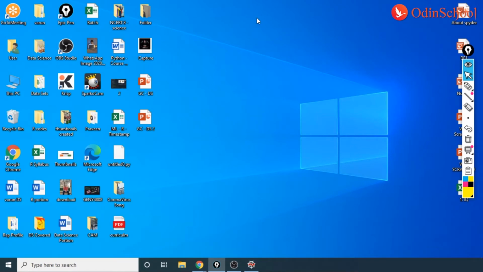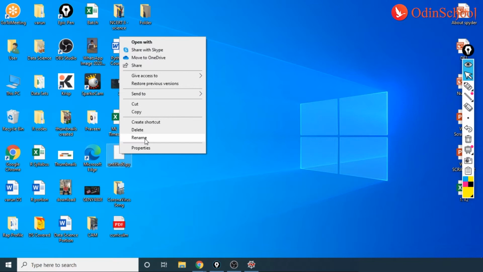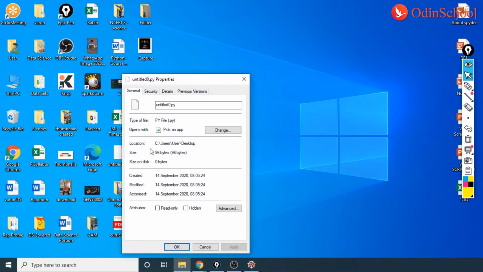Let us just see where it is. Yes, here it is. So untitled0.py, we have this. And when I go ahead and check the properties, this is a Python file. And you could just pick up or select an app to open this, it can get opened with Spyder.